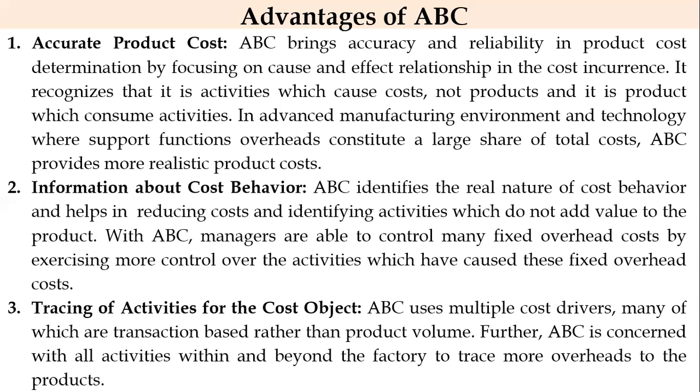So sometimes we incur a lot of money on some activities, knowingly or unknowingly, whether these activities are important for us or not. So in this ABC, they identify those which do not add any value to the manufacturing process. Those activities are totally eliminated and the cost will be totally reduced. So they also get the information regarding the cost behavior, whether the cost will be increased unnecessarily or cost can be decreased by eliminating these unwanted activities, which can be known in this ABC system.